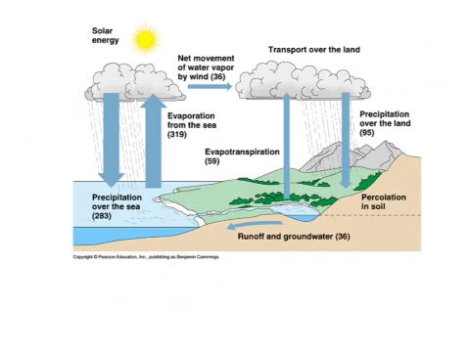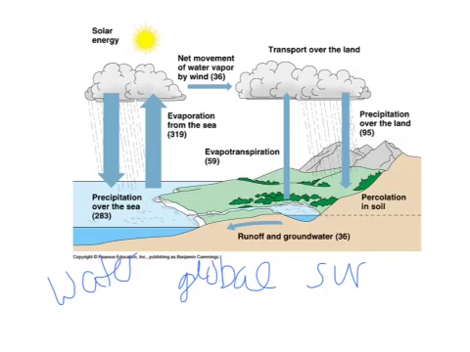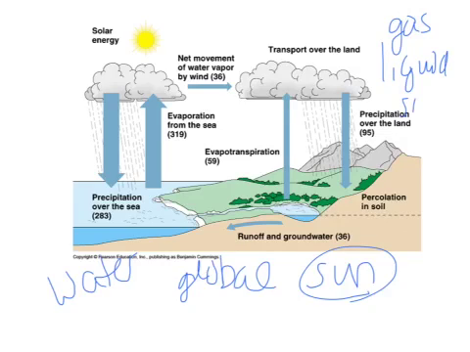So the water cycle here, hopefully you realize, would be a global cycle. The sun is going to be your driving force here with the water cycle. The amount of water on the Earth stays relatively constant, but its distribution in its three states may vary between its gas, liquid, and solid forms. But the amount overall